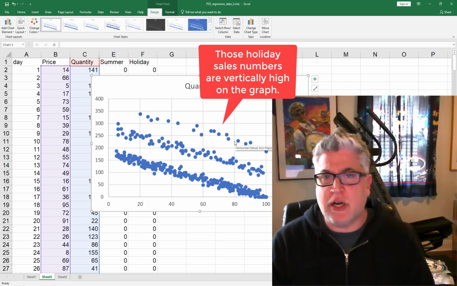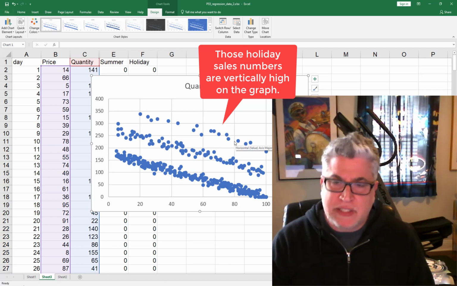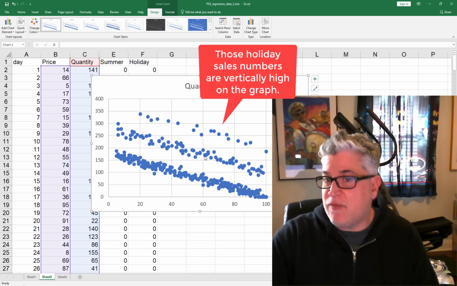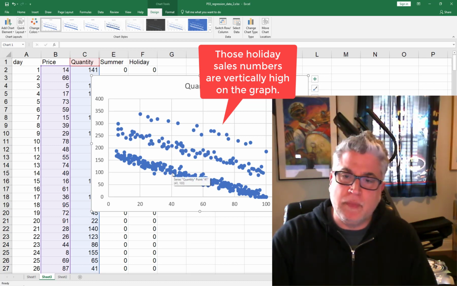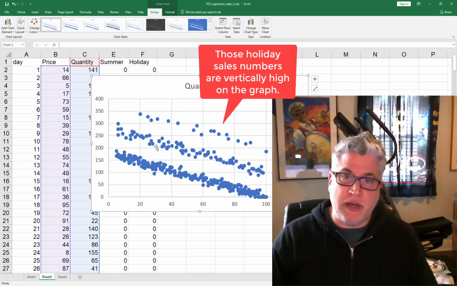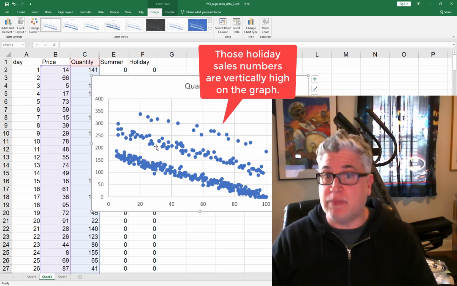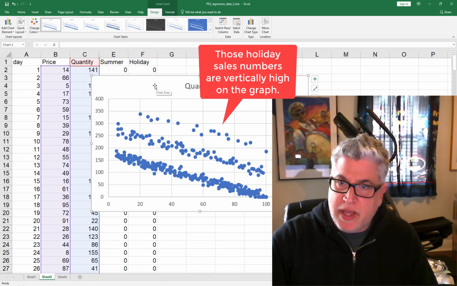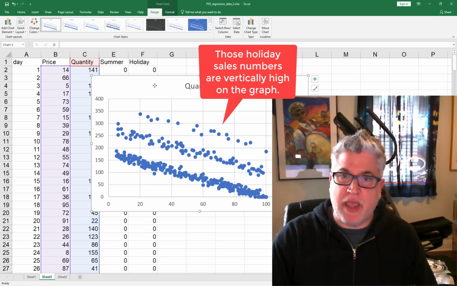So that's not terribly difficult. But let's deal with the fact that we've got this really kind of wonky demand curve, and how we can use the fact that we've got all these different variables going on to help us pick one optimal price. So let me go ahead and get rid of this graph and jump in with the regression